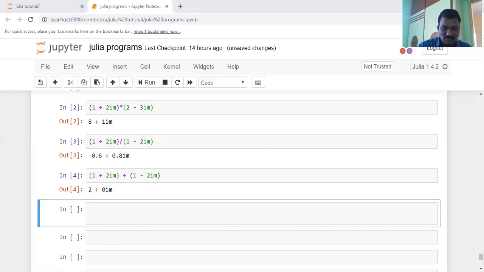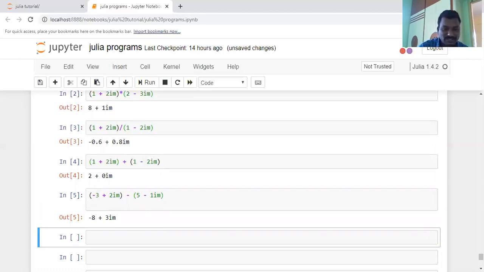In this way you will perform the addition and the multiplication, and a similar case here. For example, you may perform the minus operation here. Execute this one, and it produces the same result here. Here minus 3 minus 5 is 8, and then plus 1 is 3. In this way you are performing the division operation.